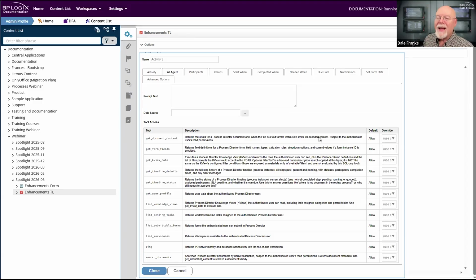However, here is how we configure the AI stuff. Now, there are still some things here that make it not actually work on my version. That's probably going to be a day or 2 before we get a fully unified development version that I can actually start testing on, and that I can actually document this new user activity type. But basically, there is a prompt text that you can put in.